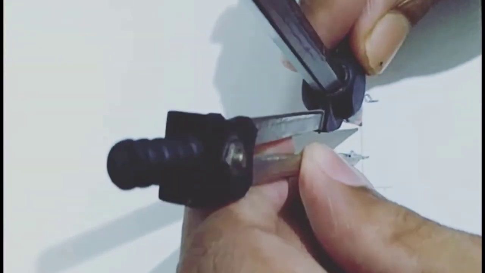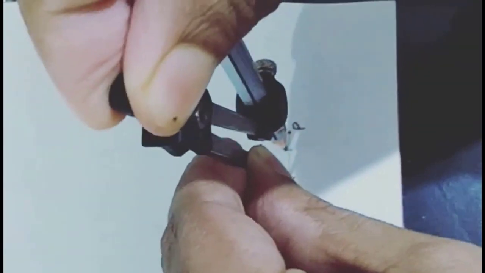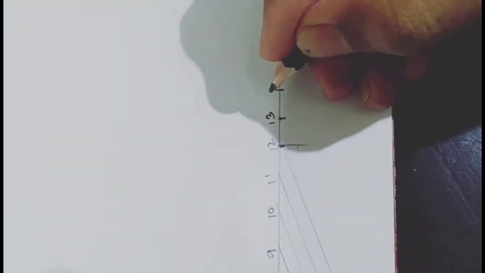Now you have to trace the path of point P. After 12 there is some extra distance, so I will take this distance in the compass, from 11 to 12. After that, I will keep the compass at 12 and mark the next distance, that is our 13th point. After keeping the compass on 13, I will mark one more distance. So this is our 14th point, and this is your point P.